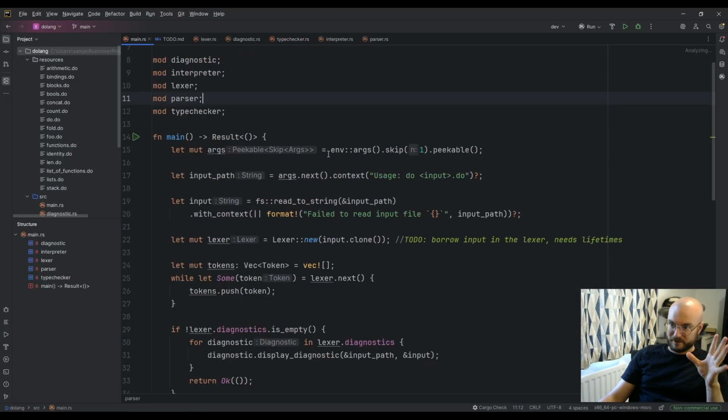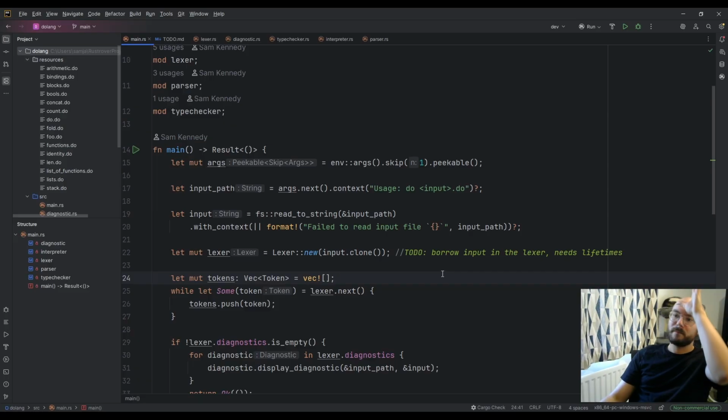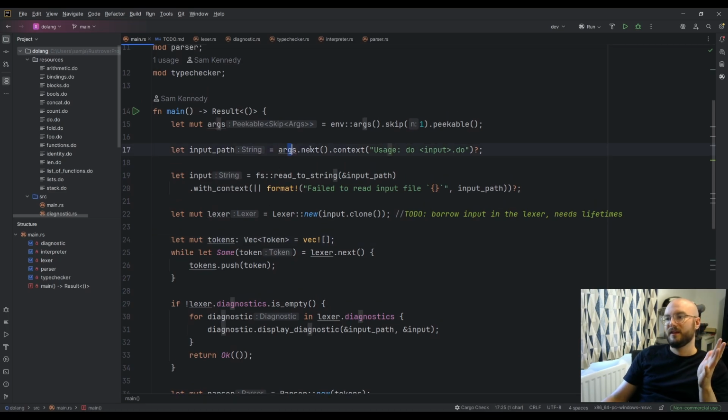So the very first thing we probably want to do is to make it so that you can call Do with no arguments. Currently the way it works is if you have an argument, it passes it to input path, and if you don't, it tells you usage: do input do, and this is even wrong. It's dolang,